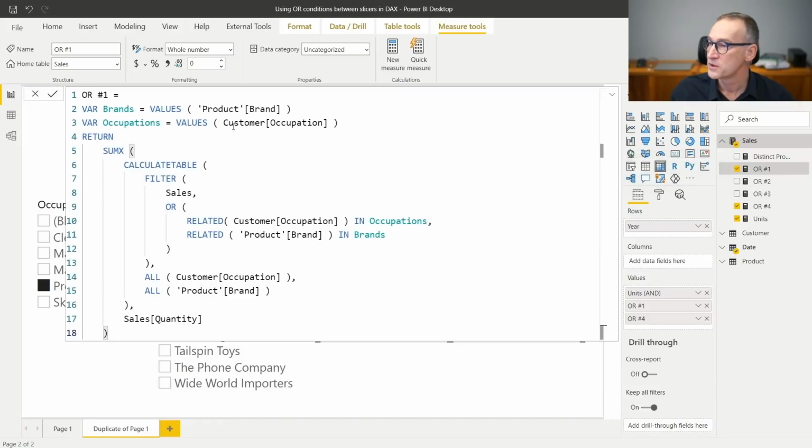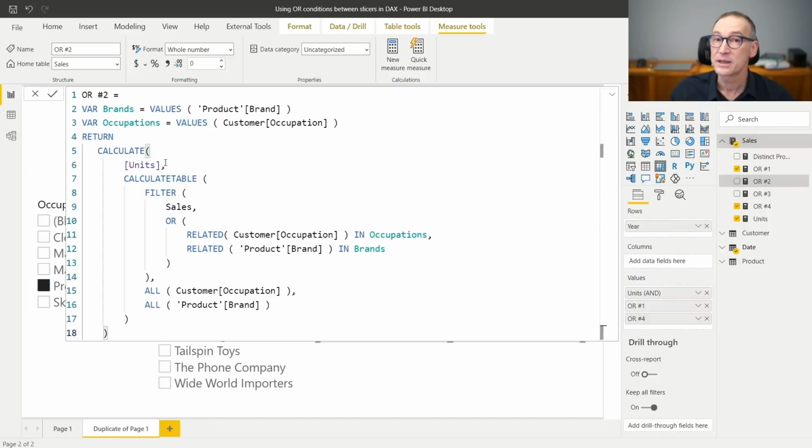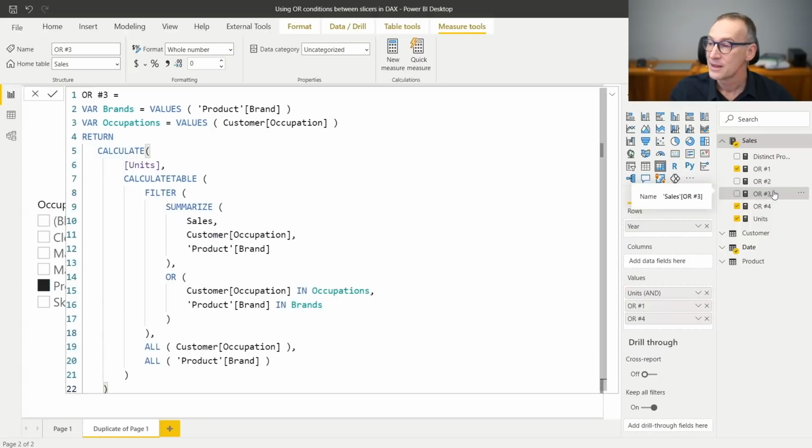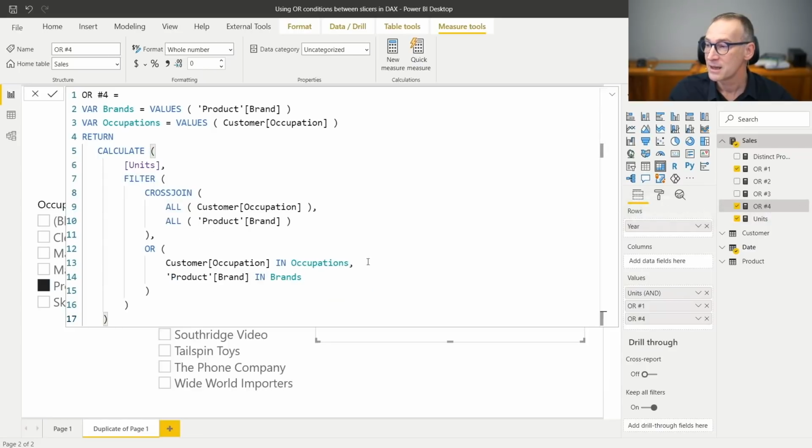So we moved from the first version that uses SUMX, bad, because using SUMX I had to rewrite sales quantity. Then we created a second version that removes the usage of SUMX, and instead it uses calculate with the result, the table iterated as a filter. Then we used summarize in order to reduce the number of columns which are used in the filter in order to speed up the calculation and make the code better. And then we finally ended up with this version, which is shorter. It has the advantage of working with a smaller table, and it's kind of a good solution. But we can actually do something different.